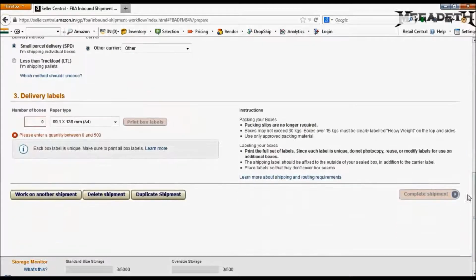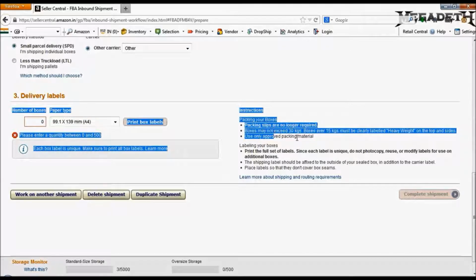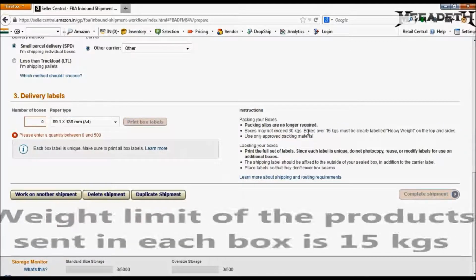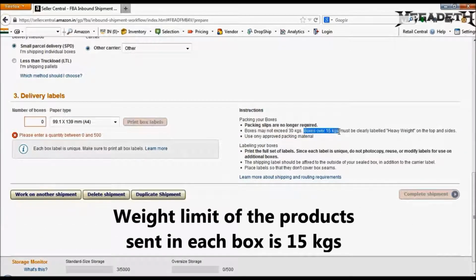Now, this is the last step of your packing instruction. Once you have labeled your products, they will go into a bigger box. Now you have to make sure that you read the instructions given here. If your products are over 15 kgs, please make sure that you label them as heavy weight on top of